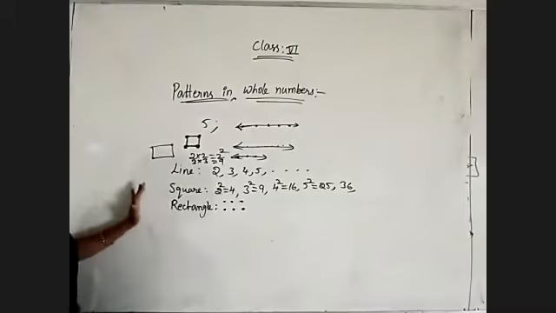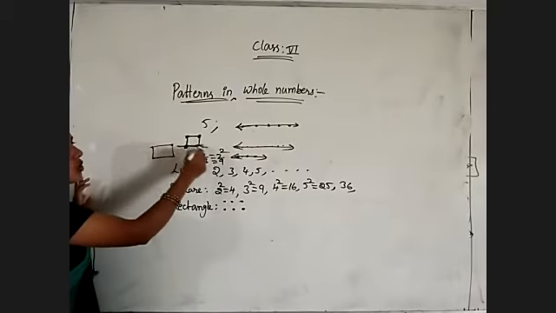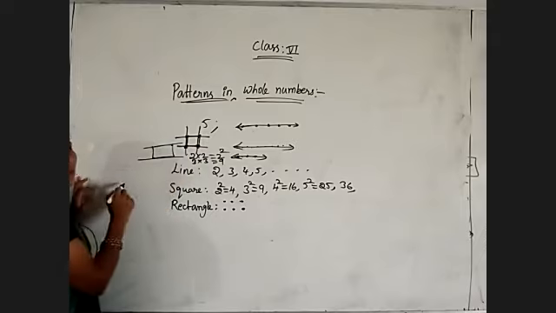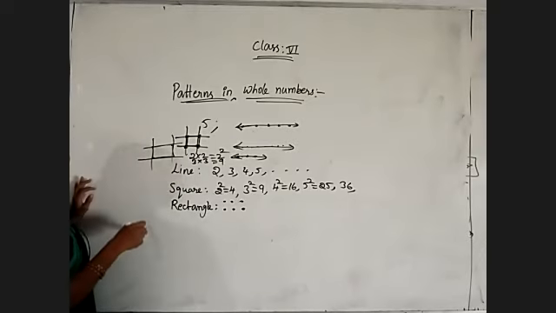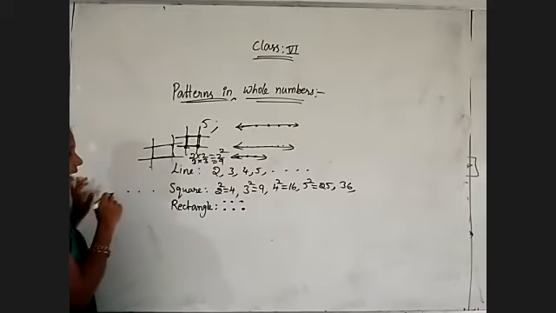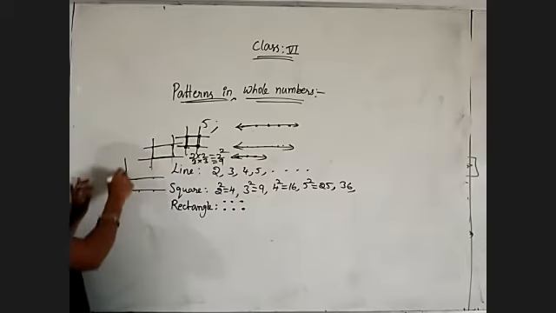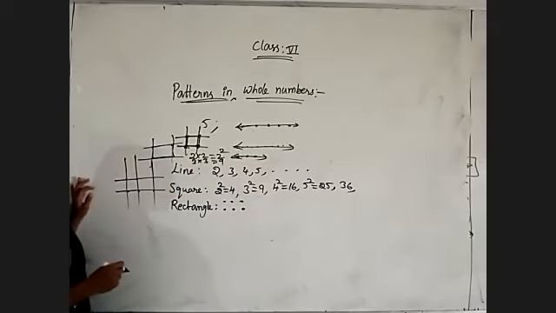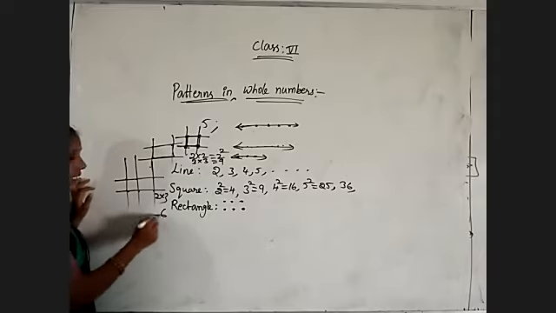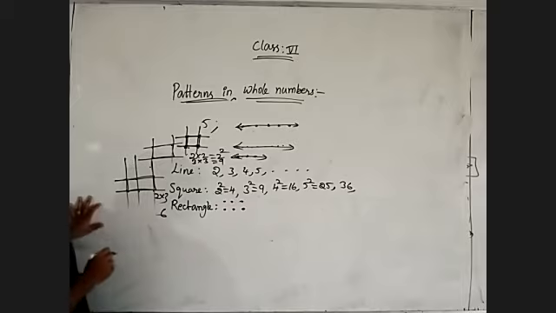So equal number of rows and equal number of columns, that is a square. Means here 2 rows are there, 2 columns are there. But if I am taking like this, it is not a rectangle. Okay, 2 rows, 2 columns again comes under square only. So if I am taking 3 dots, and like this 2 rows, horizontally 2 lines and vertically 3 lines, 3 columns. So totally 2 by 3. 2 3s are 6. So this is completely showing a rectangle shape.